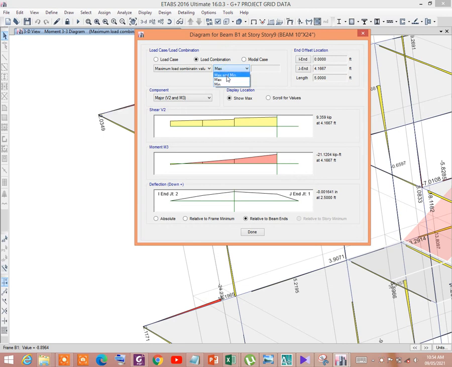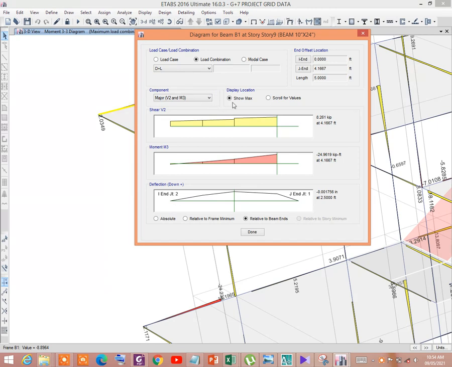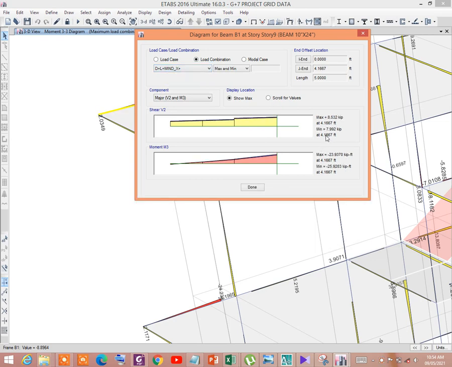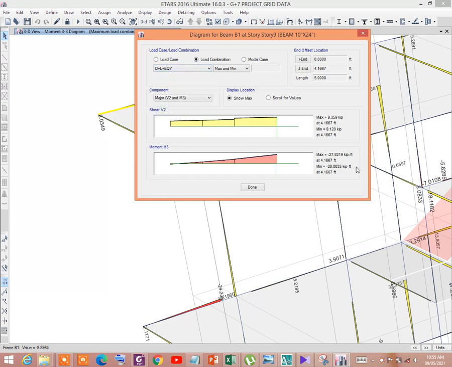You have to select maximum and minima, then select D plus L. You see the different results: for D plus L the moment is minus 24, minus 23, minus 25, minus 23, minus 26, minus 27, minus 28, minus 22, minus 21.